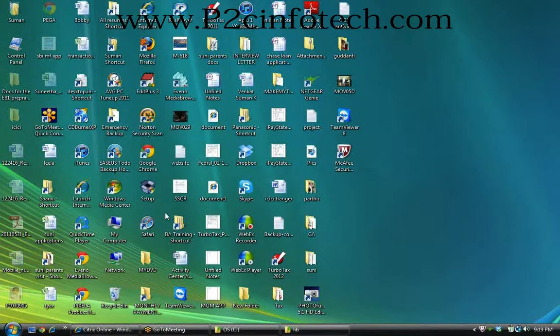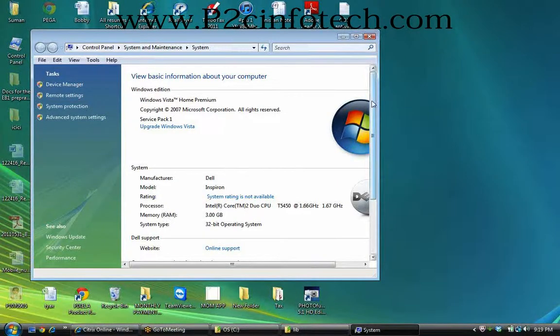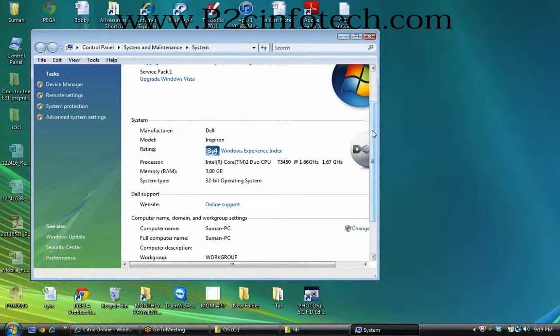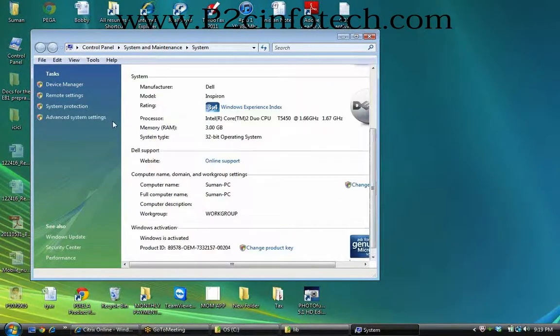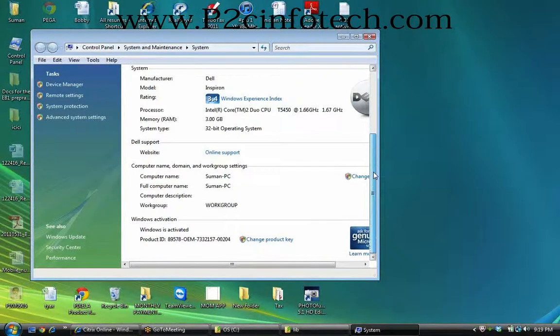I'm just showing you how to do path settings. Here, advanced system settings, on the left side. Yeah, click on advanced system settings.